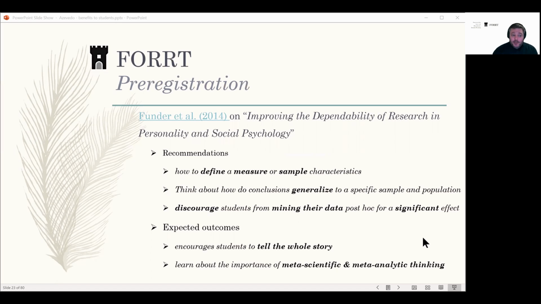Now, when it comes to another educational tool that can be incorporated into your pedagogical tool set, pre-registrations. In 2014, Funder et al. published a very interesting paper giving recommendations on how to use pre-registration. And one of them had to do with defining the measure, which items go in it, con trait, pro trait, as well as the sample characteristics, student or other types of samples, snowball sampling, for example, convenience, national representation,